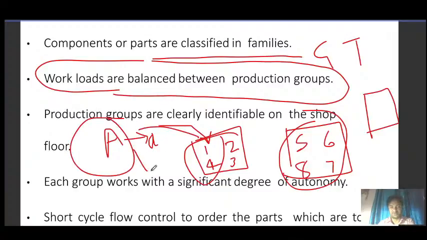After some time, in the case of batch production, a similar kind of part but with a difference in dimension, so part family B, the same type of part. Again, this machine can have part family B, and it can also have A and B type parts.